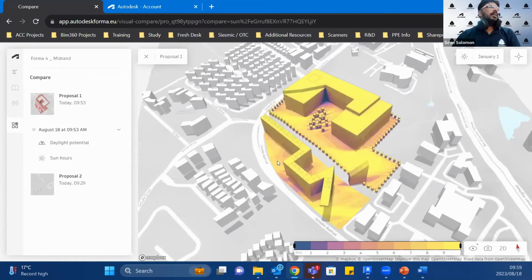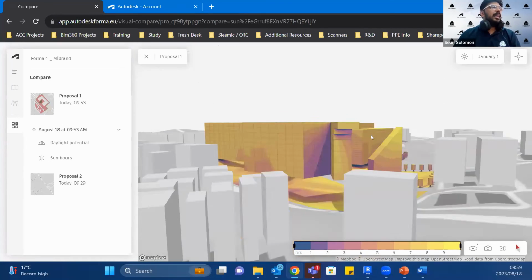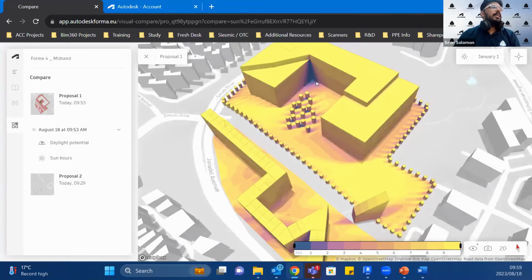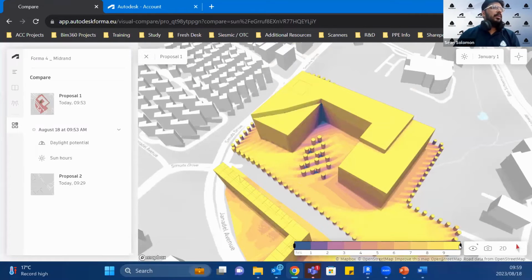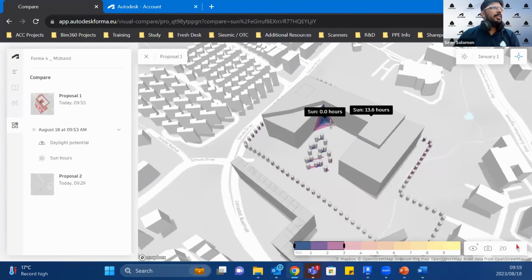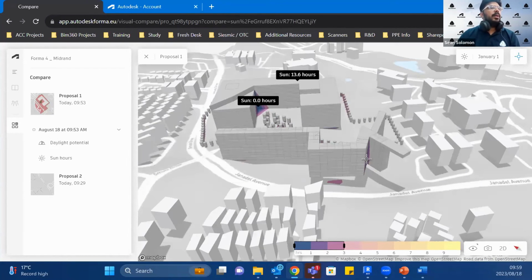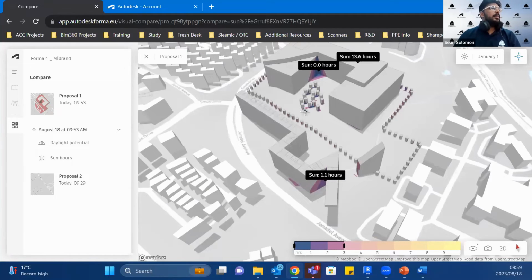This helps us determine, if we were going to put solar or something like that, what the energy efficiency of the site is. So we can see the top of the building is getting a good 9 hours plus in January. If I just inspect it, I'm getting 13 hours. If we reduce the scale here, we can see the corners again are getting a very limited amount of hours, almost 0 hours, which is bad. You might want to adjust your design to fix this. We can also then